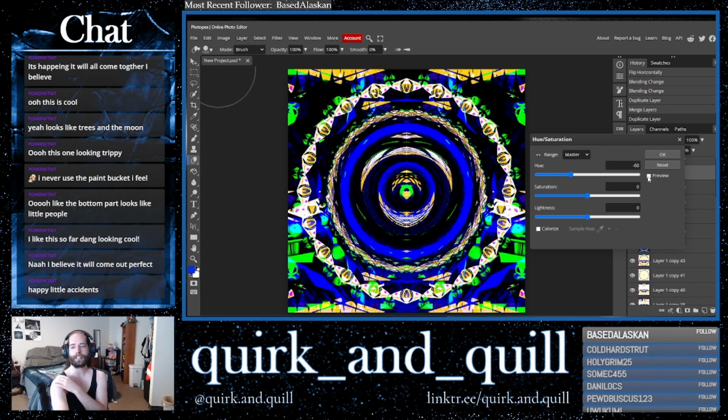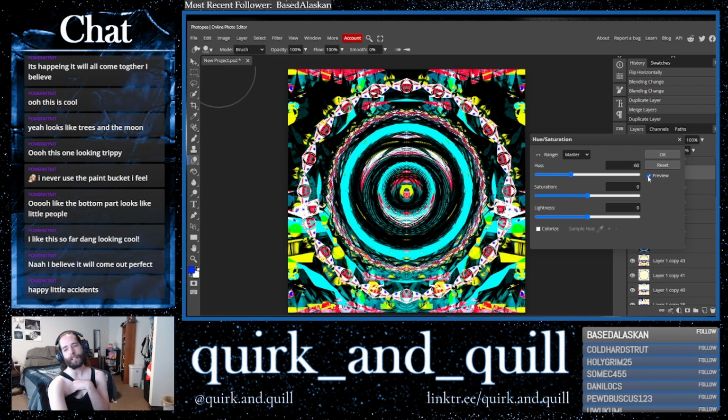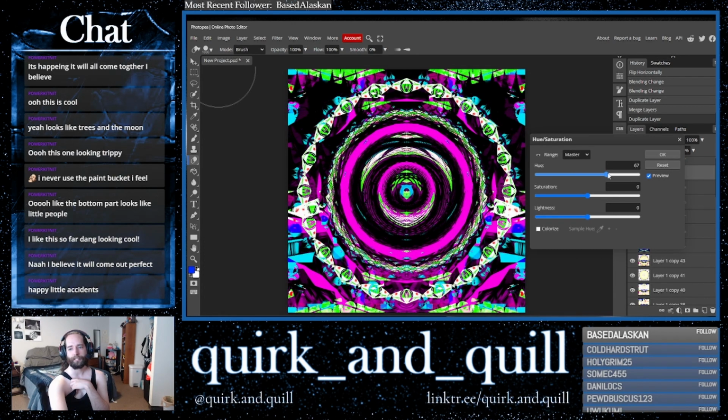I do like how this gives more visual, like you can pay attention more to the center of the piece, like it adds more to the texture, I guess, by it being brighter.